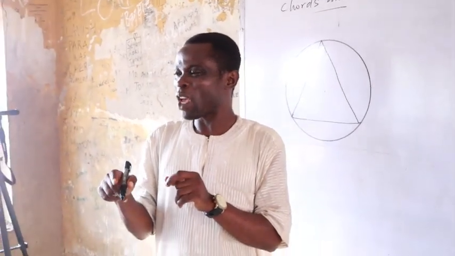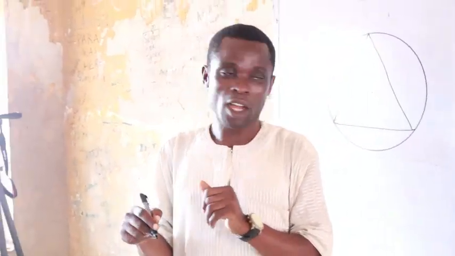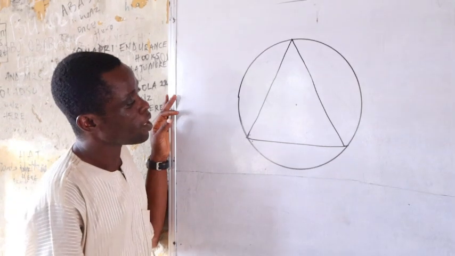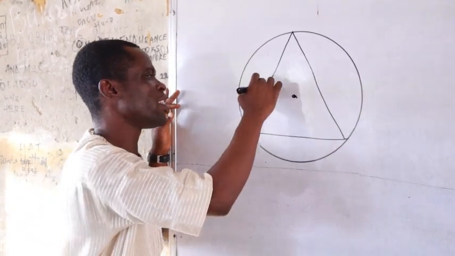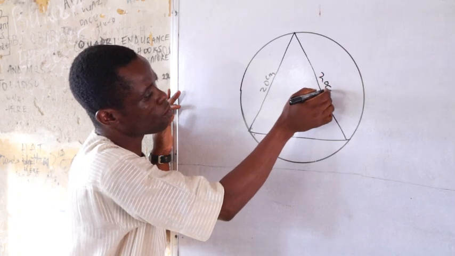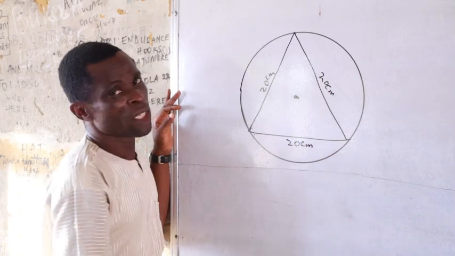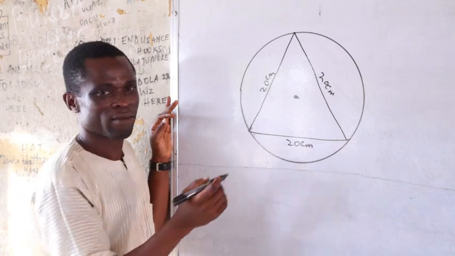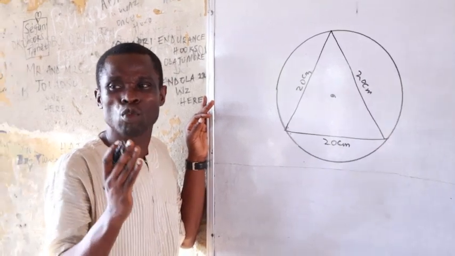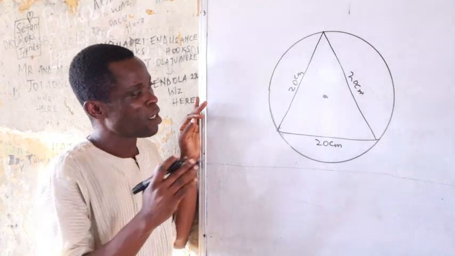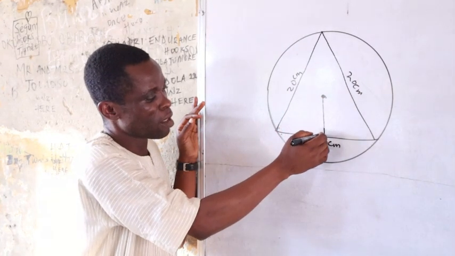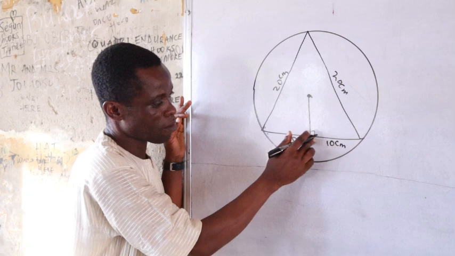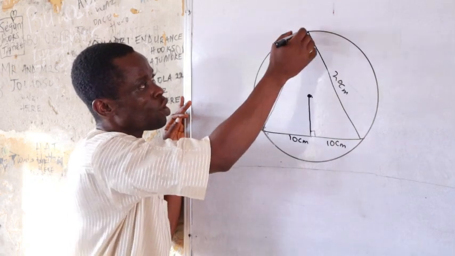Now we also have circumscribe. So what I'm saying here is that this is how to circumscribe a triangle. Then the length is 20 centimeter, 20 centimeter and 20 centimeter. Now that we have an equilateral triangle, you can divide it in such a way that you are going to have two congruent triangles. If you draw a line from this, you know this is 10. This is 10. Then you can still extend this line in such a way that it will now give us